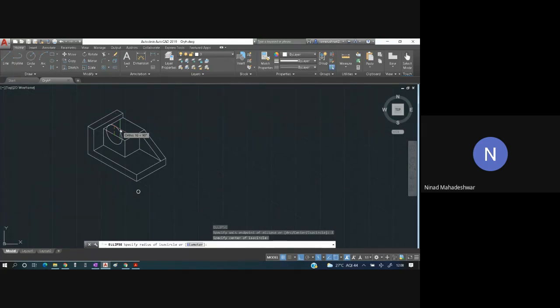If I press F5, it will go to the top plane, which is XY plane. If I press F5 again, it will go in the YZ plane. Everybody has understood this? Students? Yes, sir.